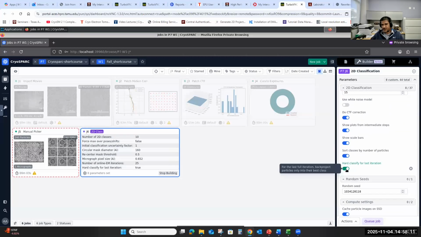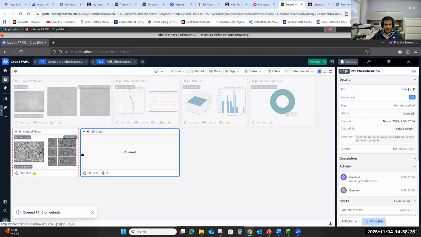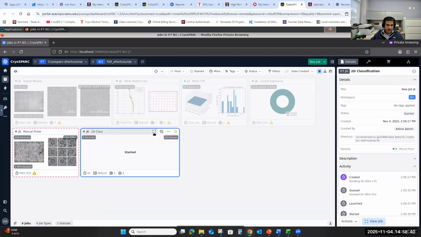And one thing I also like to do is hard classification. This classification is relative, so one particle can be assigned to multiple 2D class averages. So I want to make it do hard classification, so that one particle can be classified into one class average. And then you say, you know,